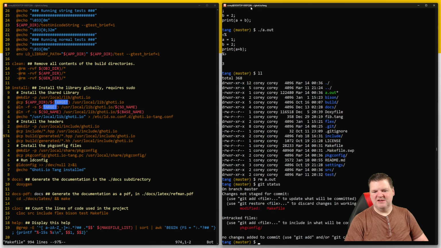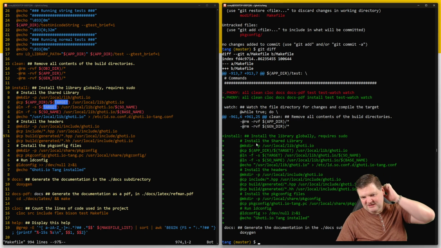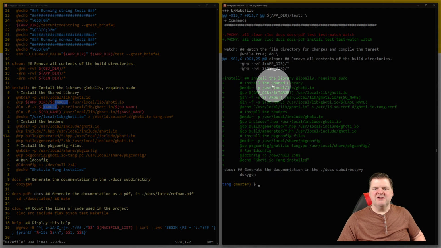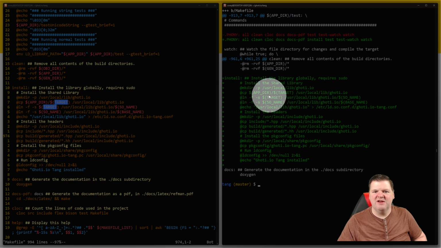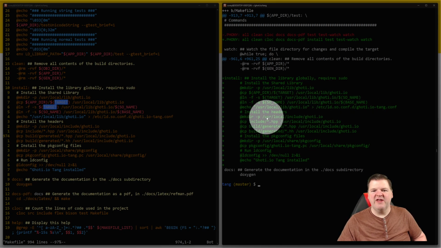So now git status, git diff. Those are all the changes. So let's see. We install the shared library, make a directory, copy the library, make 2 symlinks, and then we tell Linux where to find it. Fine. We install the headers, so we create a directory, so we can do fishio/whatever for the #include, and now we copy all the header files and the generated header files, and lastly